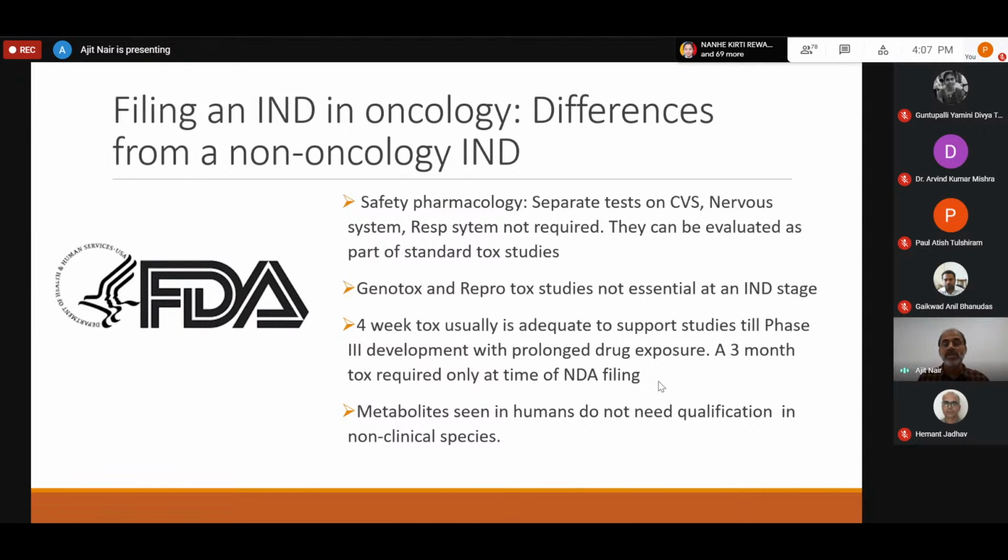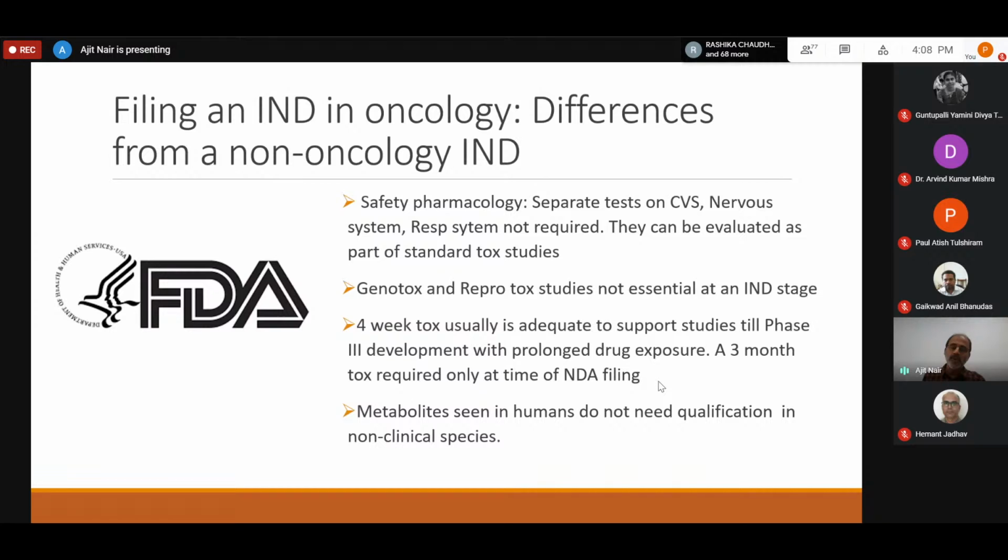There is a difference in the oncology IND. If you do a 28-day tox in a rodent and non-rodent species, pretty much that 28-day tox can cover 1 to 2 to 3 years of human exposure without the need of long-term tox to support long-term human exposure. This is not just the FDA; even for the EMA, the regulation is the same. You basically need just a 28-day tox to cover human exposure much beyond 28 days, which can go into years, right? But the only requirement is that